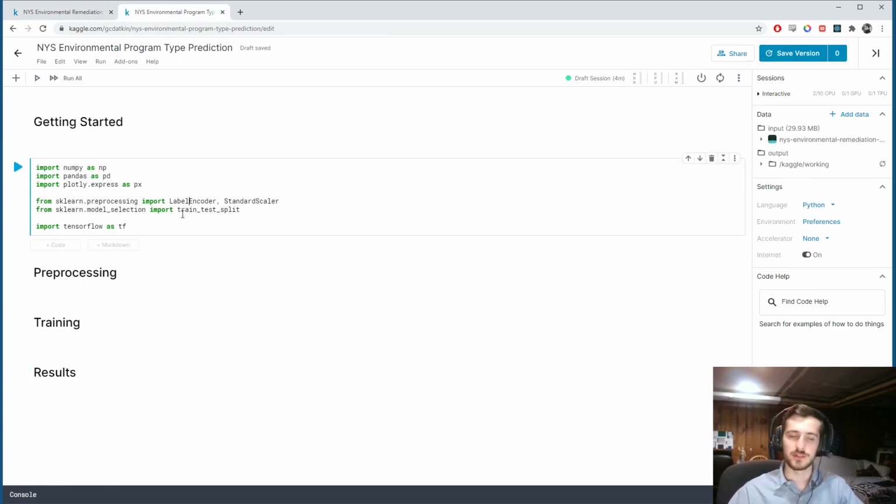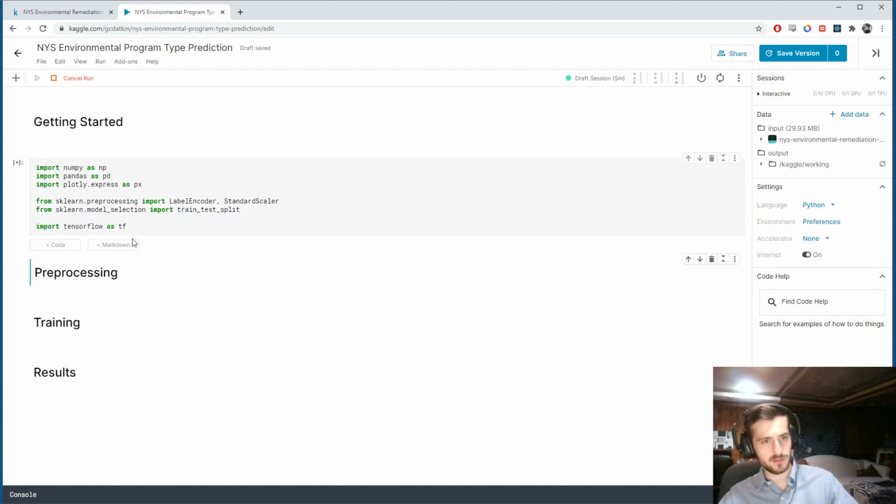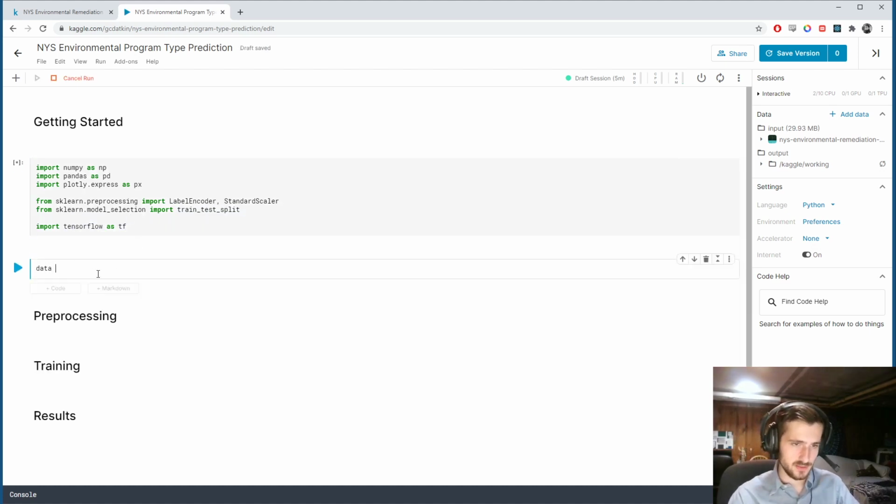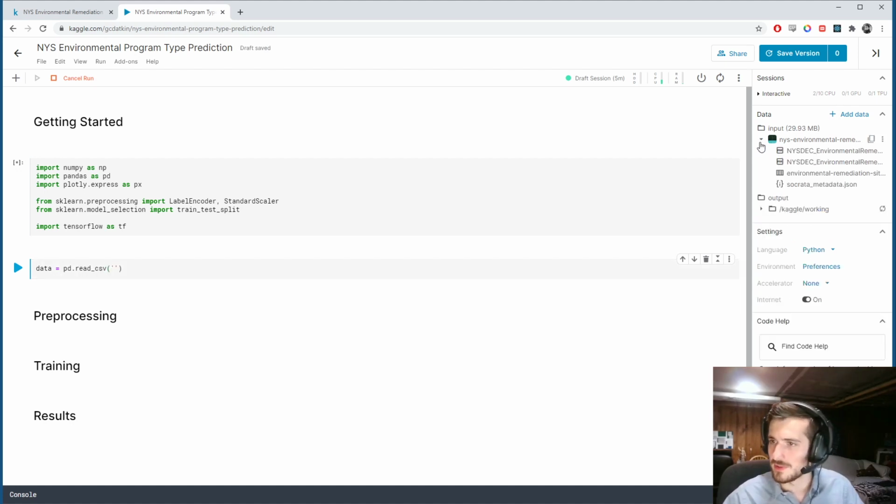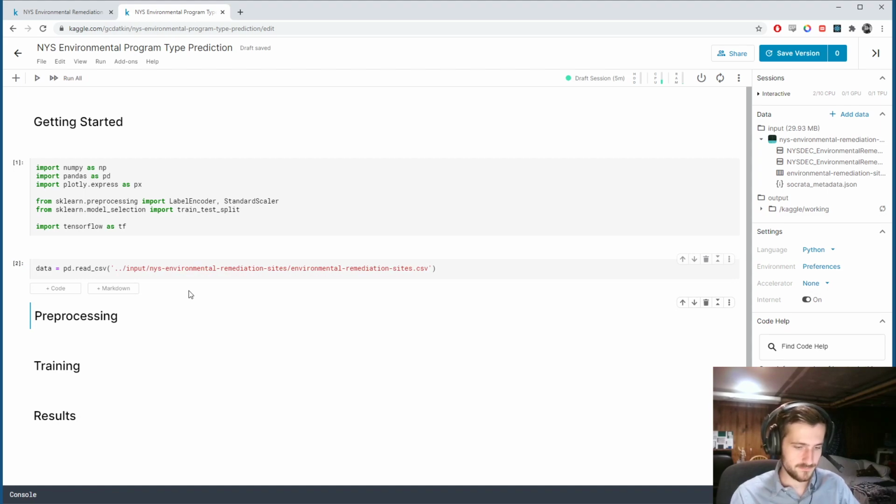I'm starting by importing the usual libraries, NumPy, Pandas. Today we'll be using Plotly Express to plot our training and validation loss graphs. And then for pre-processing, we'll be using the sklearn label encoder, standard scaler, and the train test split function. And for our model, we'll be using TensorFlow. So let's go ahead and import that and take a look at our data. We'll call it data, and we'll just read it from the CSV using pandas read CSV function. And here's the CSV file, so we'll copy the file path, paste it in, and then take a look at